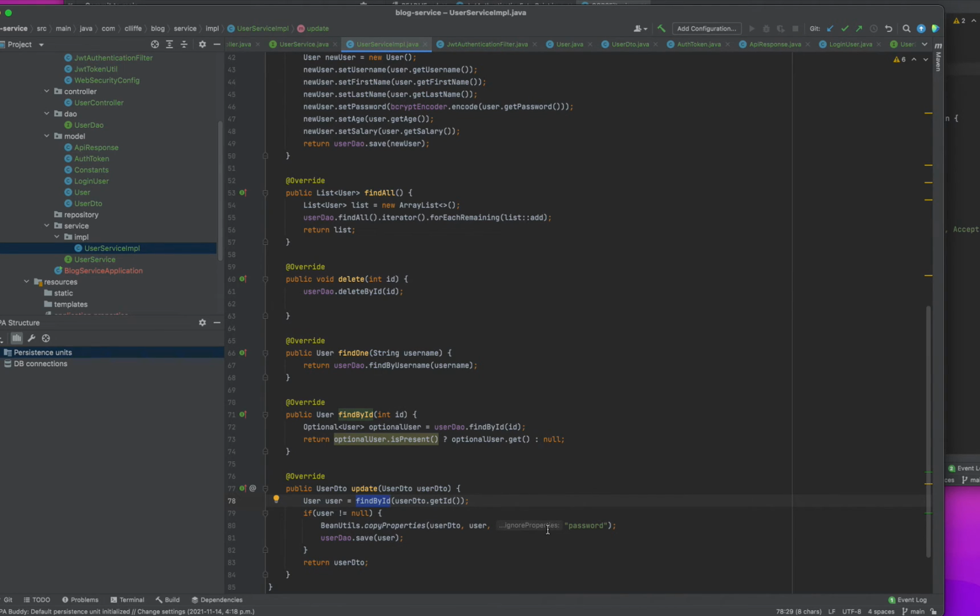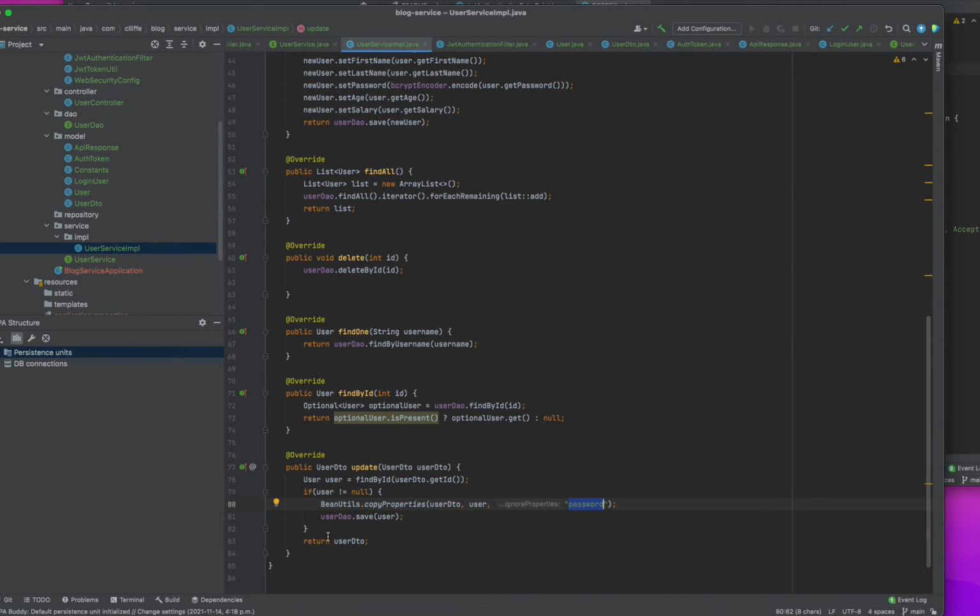User password save. Yeah. So what I am exactly doing is I am using BCryptPasswordEncoder to copy properties. What are the properties I need to copy? I need to mention here the user password, then user detail into user. The data is in user detail, in user, ignore properties password. Okay. Then return user detail. So that is during the update operation. Okay, that's all about